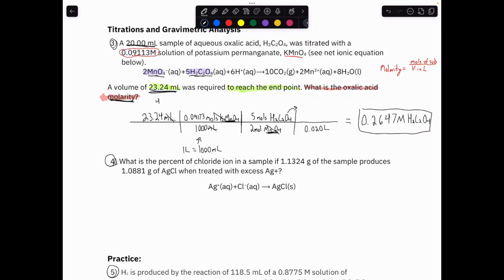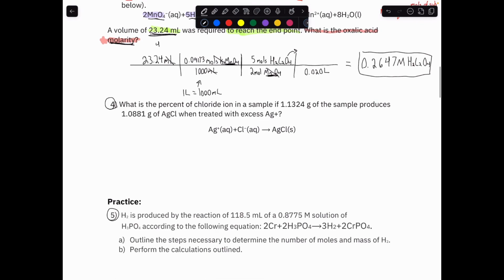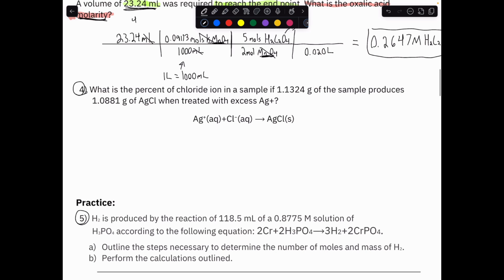Okay, number 4. What is the percent of chloride ion in a sample if 1.1324 grams of the sample produces 1.0881 grams of silver chloride when treated with excess silver? I think I said silver before. It's silver chloride. And so for this first example, what we're going to